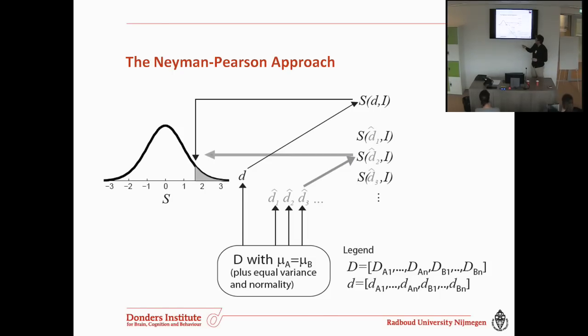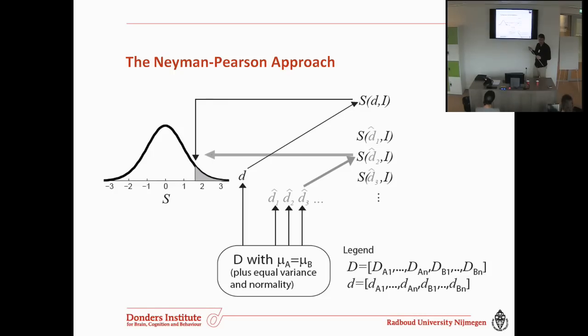And I evaluate whether that observed test statistic is somewhere in the tail of that probability distribution. The question now is, where does that probability distribution come from? And that is being explained by these gray numbers that you see here. These gray numbers, D1 hat, D2 hat, are all non-observed. They only exist in theory. But these gray numbers D are the numbers that would have been observed if we would have drawn data from the null hypothesis. In practice, we do not know whether the null hypothesis is true for the variable D,